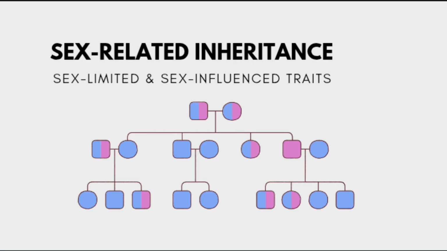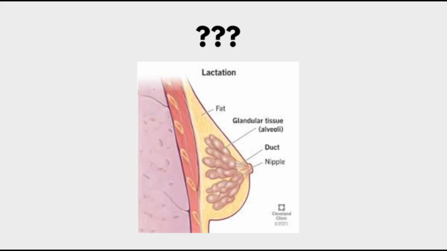Okay, before we proceed to our discussion, let's have a few illustrations to observe. First is the lactation in mammals. Lactation, or milk production, only happens in women or females, right? But why don't males produce milk even though they have the genes for it? The answer lies in the hormonal regulation in females.